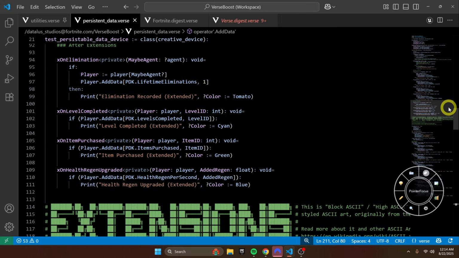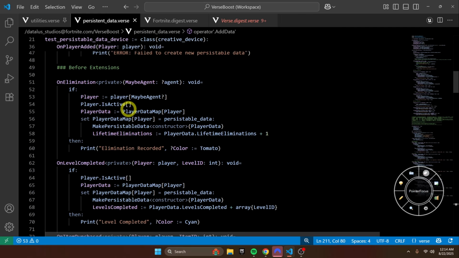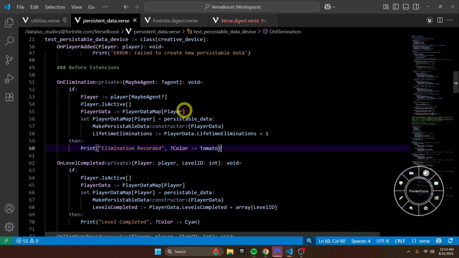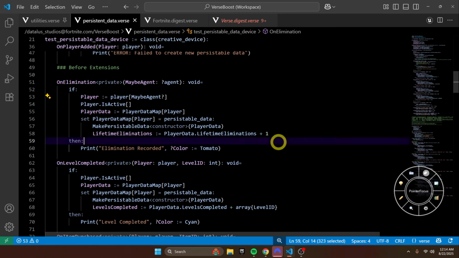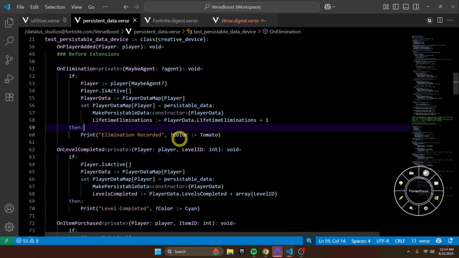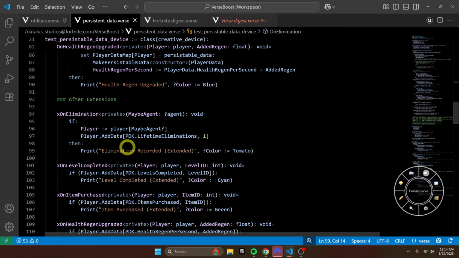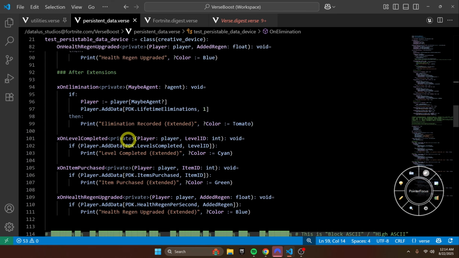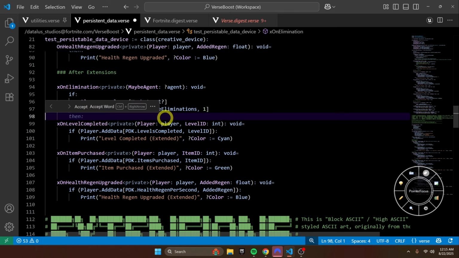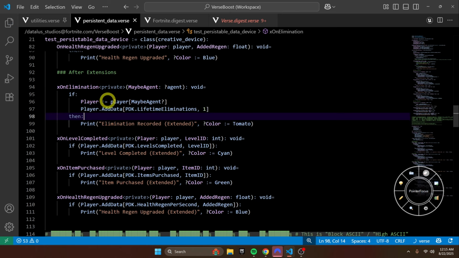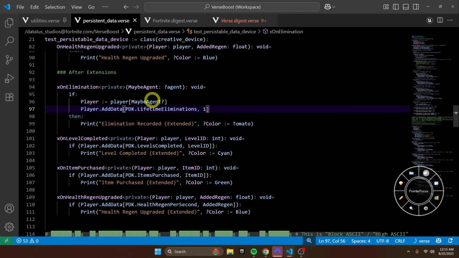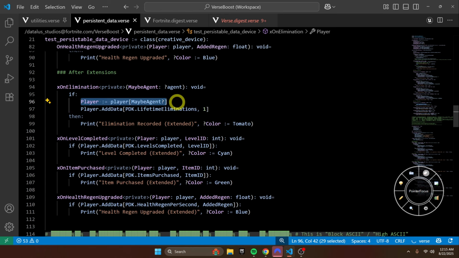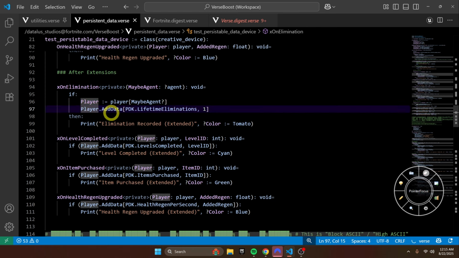So if you want to see how that works in action, right, let's just go back to what it looked like before and imagine, if you're only using this once, then this is fine, right? It's not that big of a deal because you have to type it out once anyway. But if you're using that multiple times in different modules and different places in your code, then how much better is this, right? We don't even need these 2 lines here. These are just debugging lines, but it's just 2 lines now instead of whatever it was before, like 5 or 6. And all we do is we get the player from the maybe agent,